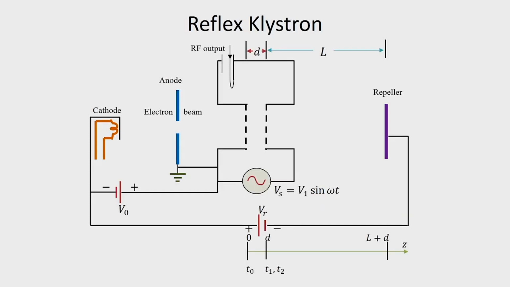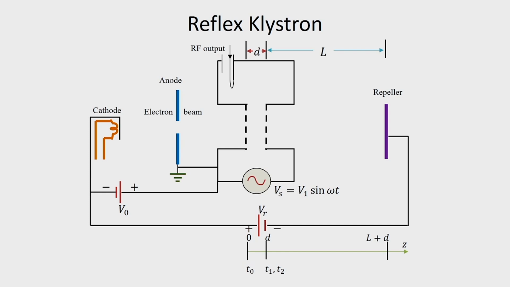The schematic of the reflex Klystron oscillator is shown here. We have a cathode which is heated, and the anode is maintained at a higher potential than the cathode, and we can see that here the anode is at the ground potential, the cathode is at lower potential as compared to the anode, and there is only one cavity. So, this cavity does the function of bunching the electrons, as well as